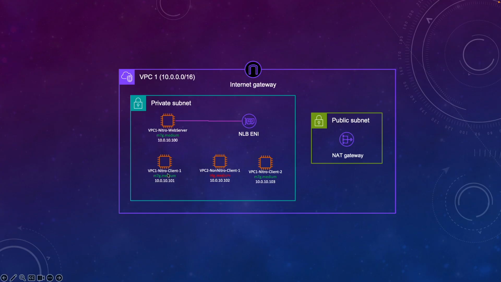And the idea is to see that when the traffic is going between these two Nitro-based instances, it should be encrypted by default because both are Nitro. But when the traffic is going from the non-Nitro to the Nitro, that should be unencrypted because my source is non-Nitro based. Then we're going to generate some traffic from my Nitro client to the network load balancer, reaching out